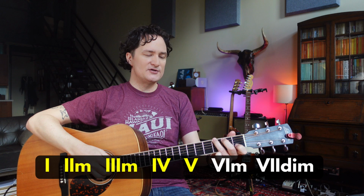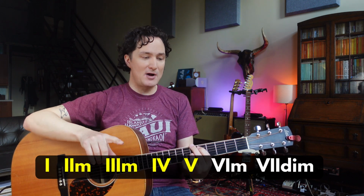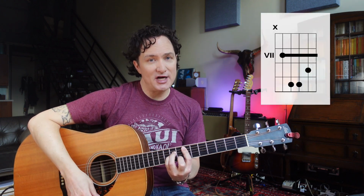That was 1, 2, 3, 4, 5. The sixth chord we said is minor. So we have to use the minor shape, right? Here we're going to imagine our minor bar chord, but we're going to do the Blackbird trick, which is the root, the B string note, and the open G. You can change up the pattern. So we have G, A minor,